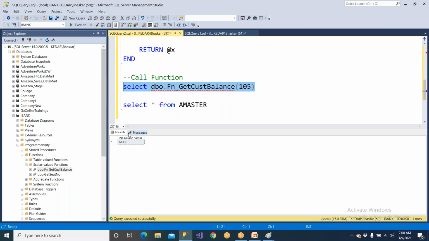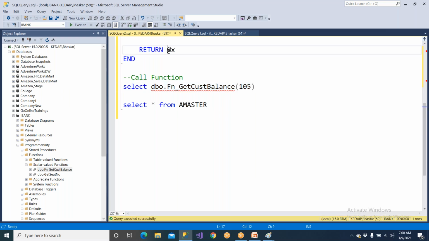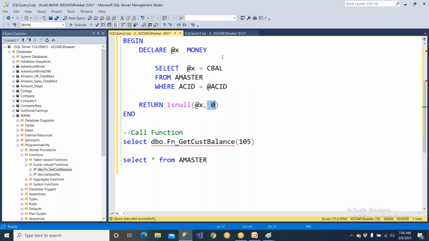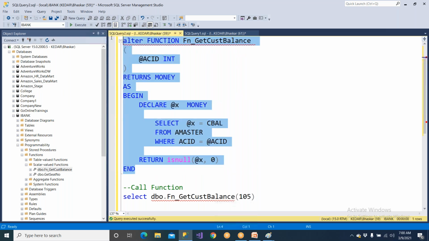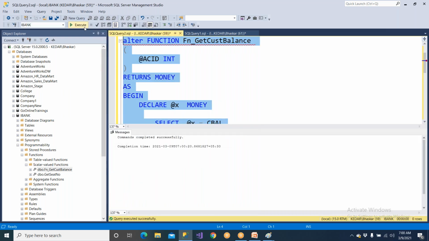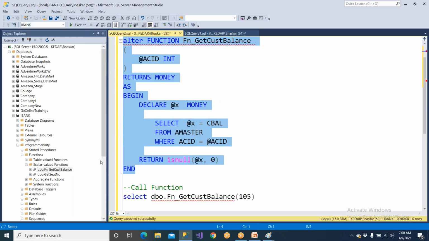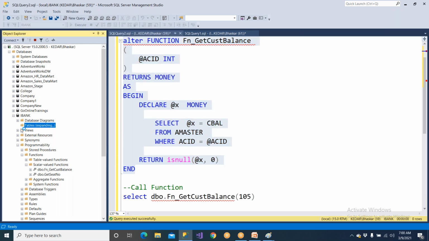it may give you a null, right? Normally people don't understand null. So if you have a null, you need to write ISNULL. When you have ISNULL, don't return null, give zero. This is what you need to alter. So whenever there is a null, you definitely need to give special treatment, because how come it is accepting null? Because when you go to C balance,